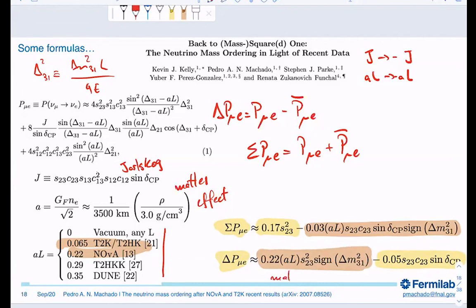So this is matter effects and this is intrinsic CP. This one here is the leading term, and this guy here is a little bit of matter effect and intrinsic CP, but fine. So with these two quantities in mind, we can plot a bi-probability plot based on these guys,